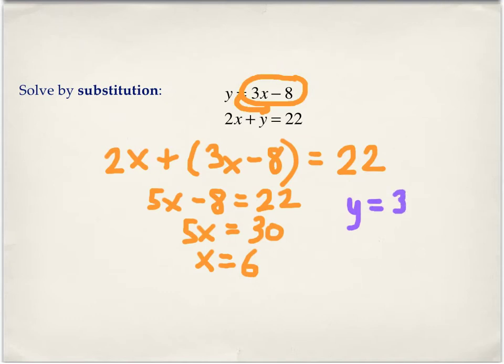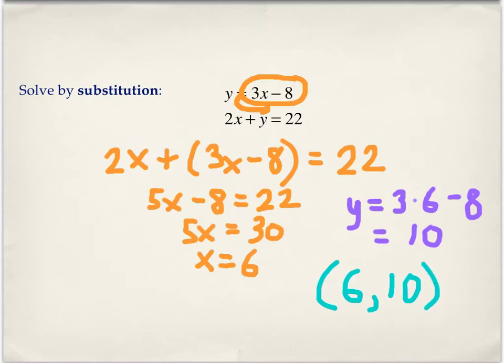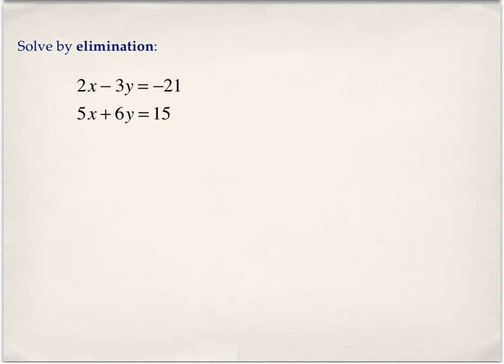And I now know what x is, so 3 times 6 minus 8, so that's 18 minus 8, which will be 10. And so my final answer for my ordered pair here will be the ordered pair (6, 10). So that's an algebraic way of solving systems. Some people like this way. Sometimes this is definitely the most efficient way of doing it, but most people algebraically probably prefer this next method